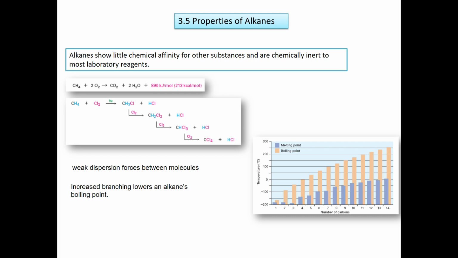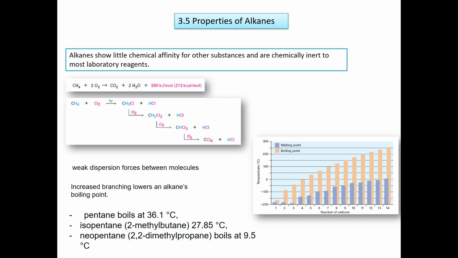Then what we will show is that the melting point and the boiling point increase with the size of the alkanes. That means methane is a gas, ethane is a gas, propane is a gas, butane is a gas, but if we go up, octane is a liquid, and if we go over 50, probably we can have some compounds that are solids. Okay, here you have an example.